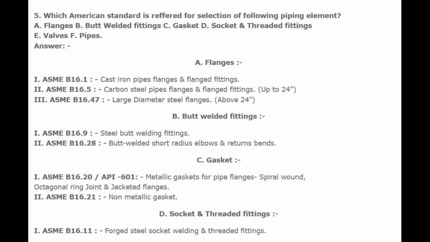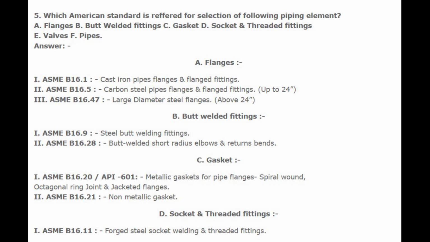Number 5. Which American standard is referred for selection of the following piping elements? For flanges: ASME B16.1, Cast iron pipes, flanges and flange fittings; ASME B16.5, Carbon steel pipes, flanges and flange fittings up to 24-inch; ASME B16.47, Large diameter steel flanges above 24-inch. For butt weld fittings: ASME B16.9, Steel butt welding fittings;